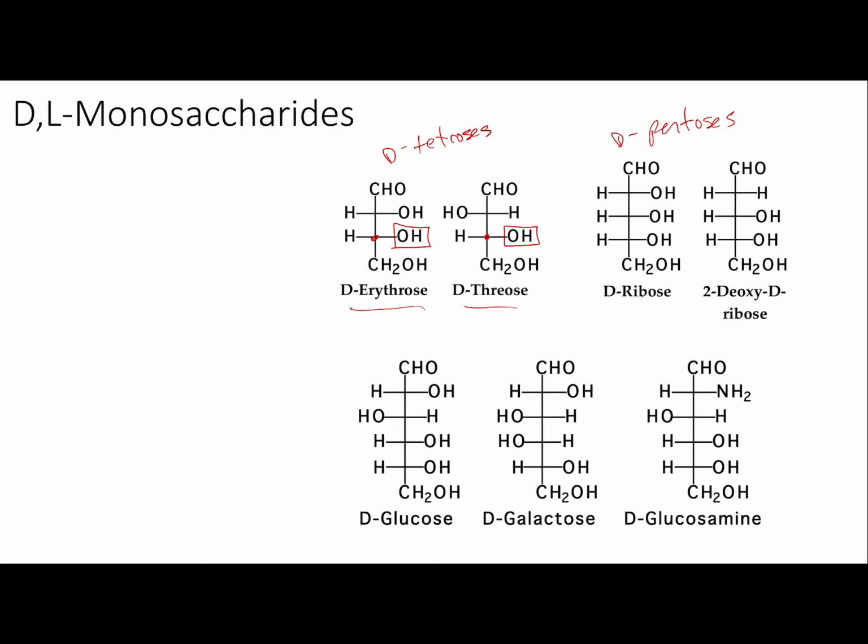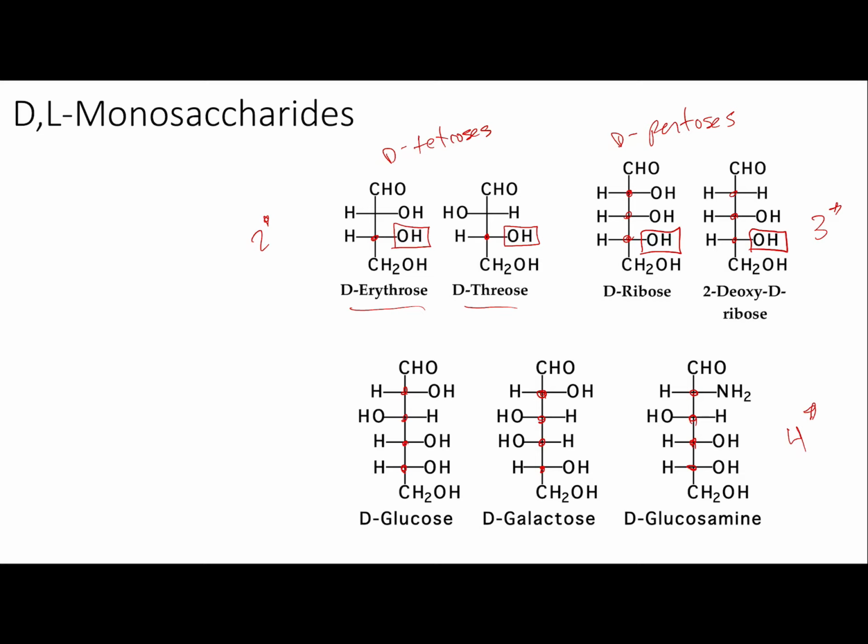Notice that as these increase from the trioses, the tetroses now have 2 chiral carbons. And the pentoses have 3, and the hexoses will have 4. So every one of these new carbons that we add is just another place to have an L or a D, an R or an S configuration. That makes these molecules have many, many stereoisomers. Okay, enantiomers and diastereomers. All right, but the naming is still based on the position of the last OH